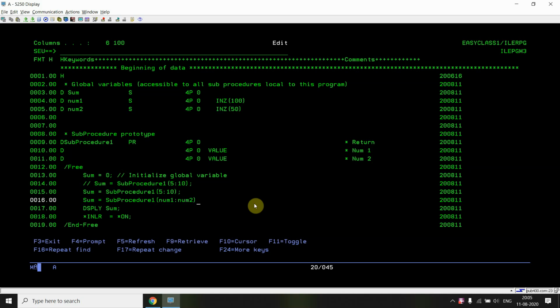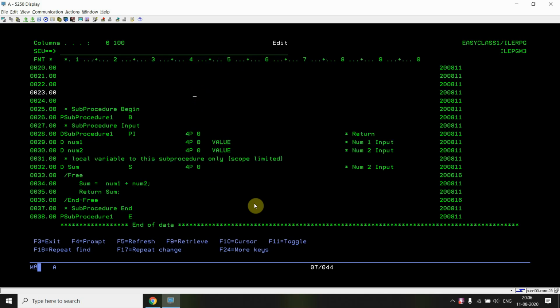So I can pass those two variables also in case of call by value, but here the program or the OS internally passes the value. It will not pass the address. One more thing I'm showing you here: for example, I have received num1 and num2 here.